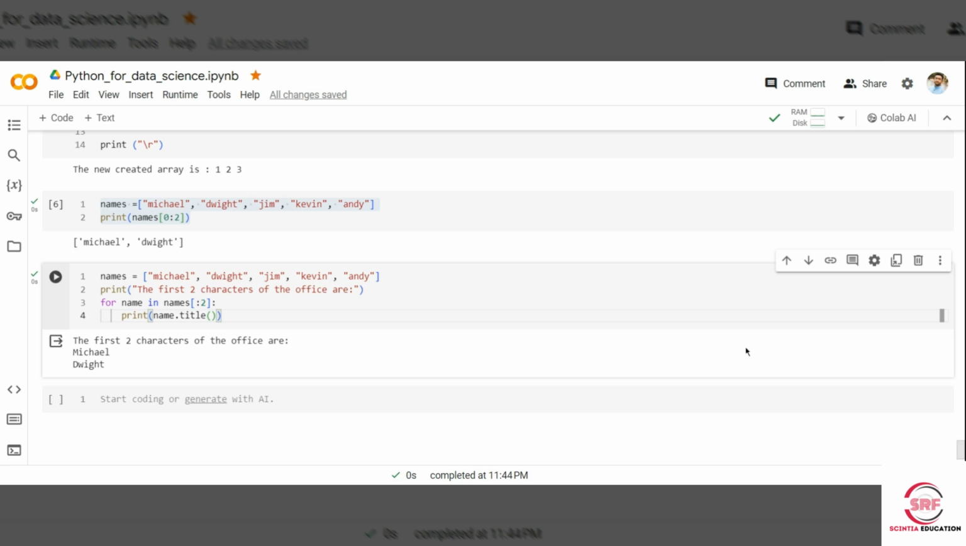In the next example, we have a list called names containing 5 string elements: Michael, White, Jim, Kevin, and Andy. And we use a for loop to iterate over a slice of the names list, specified by the slice indexing names of 0 to 2. The slice 0 to 2 extracts the first 2 elements of the list, that is Michael